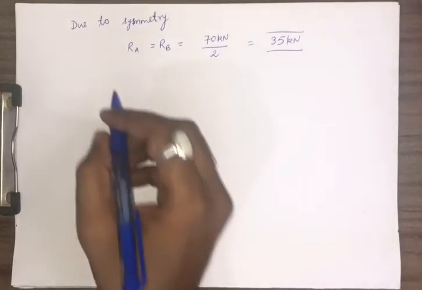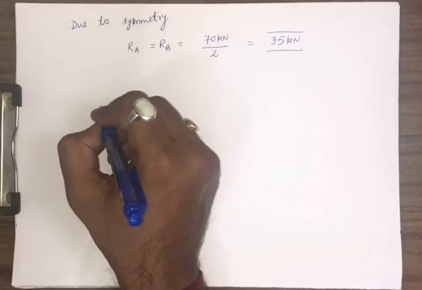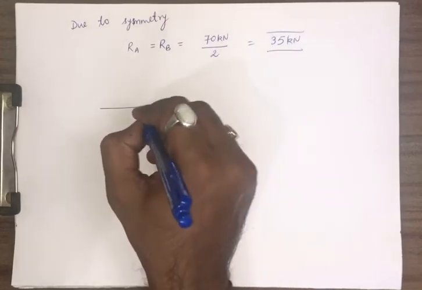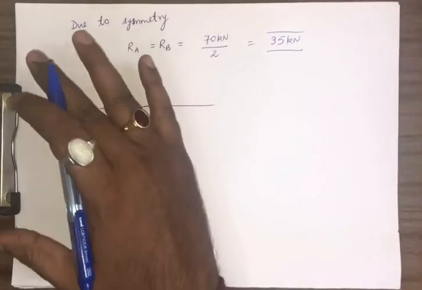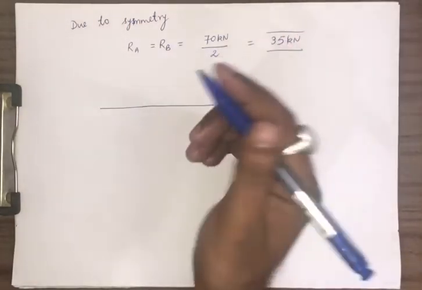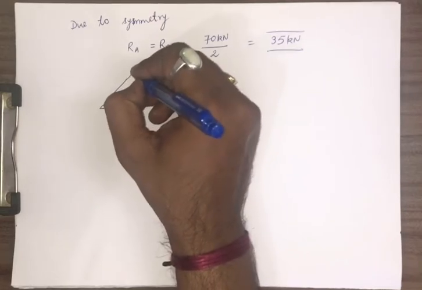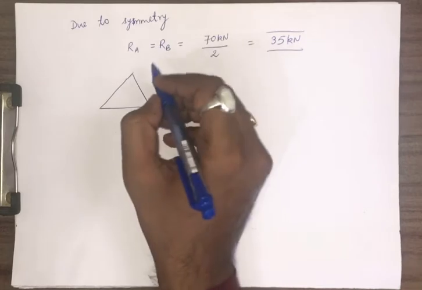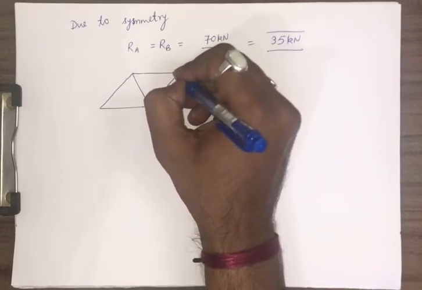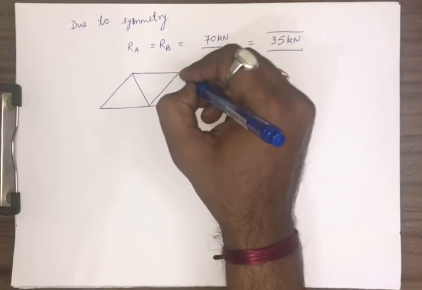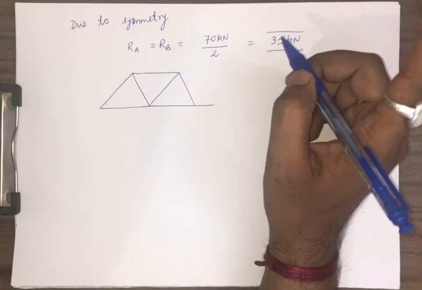Now let us see how our section will look like. So we can use both sides, either we can use the left hand side or we can use the right hand side. There is no restriction because both the sections are in equilibrium, so we can use any of the sections. So we have put the cut on the FG.